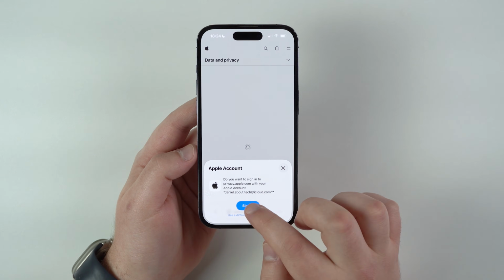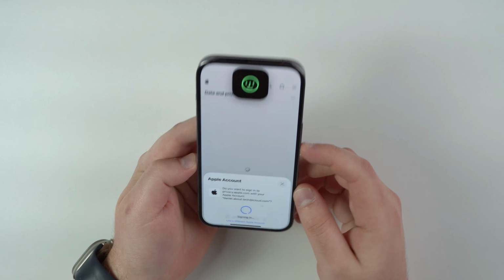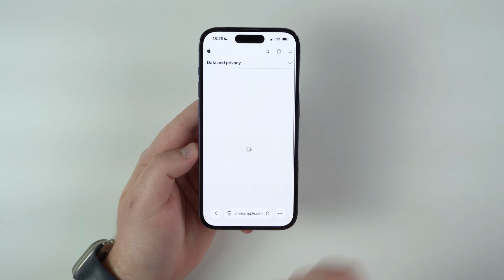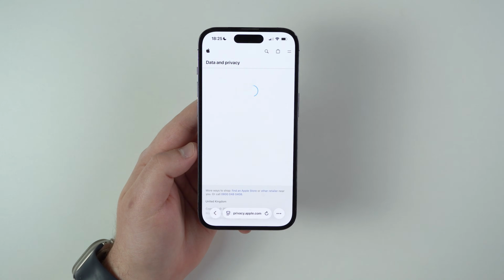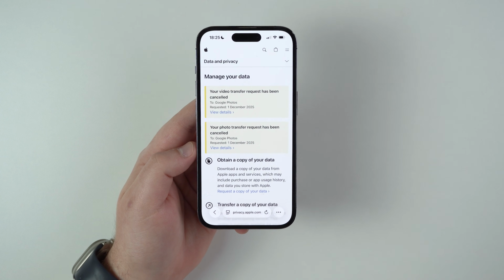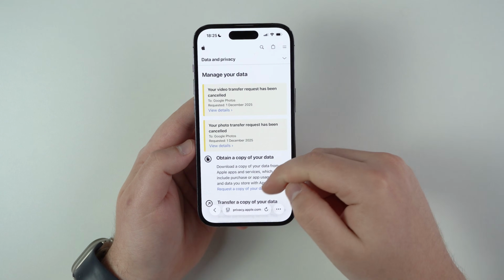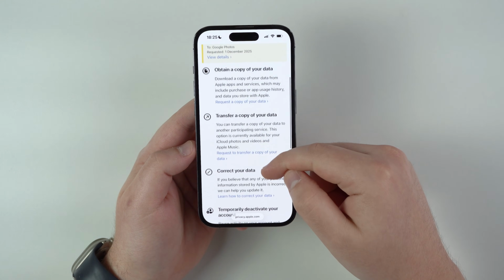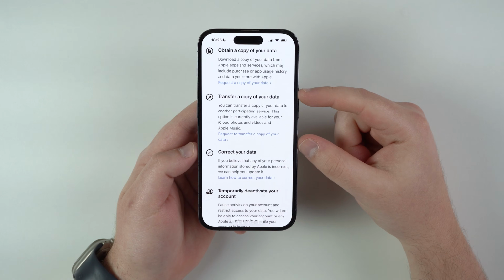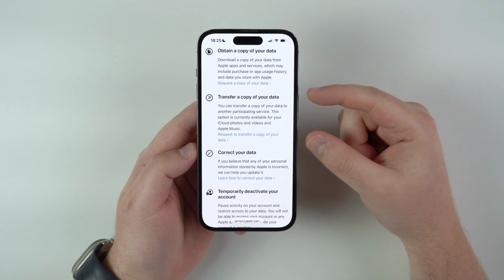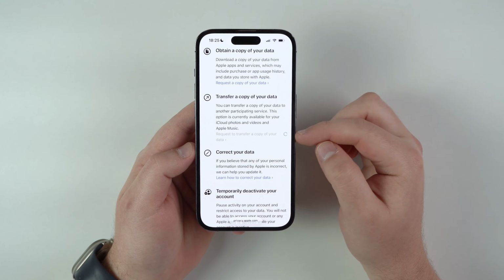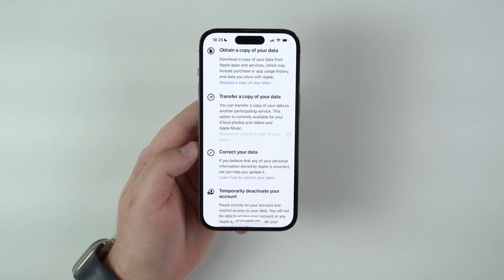You can probably do it like I'm doing right here, sign in, use Face ID, and then you're good to go. Just check if it's your correct Apple account right there, or you can always type in manually your email and password for your Apple account, okay? Right here, you're gonna scroll down, keep scrolling until you get to this portion. Transfer a copy of your data. That's exactly what we want. Go ahead and tap here on the blue link, let it load, and then we're gonna start with the process